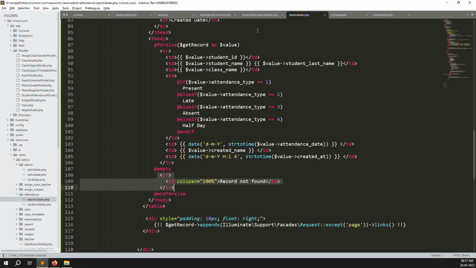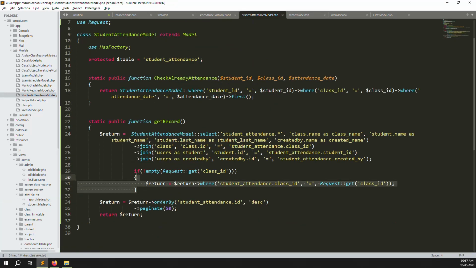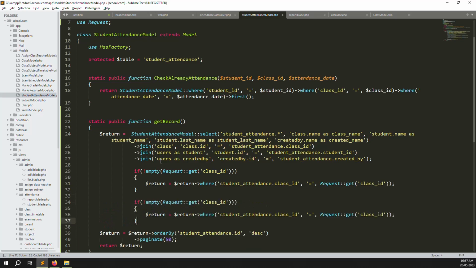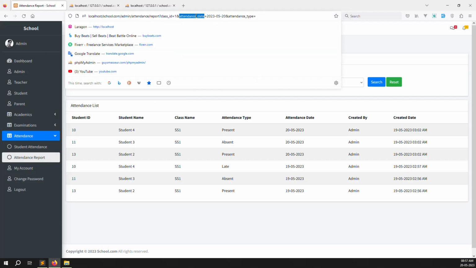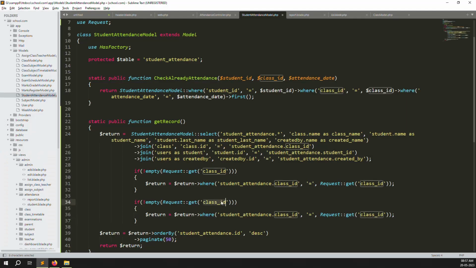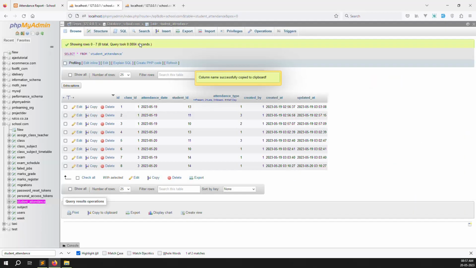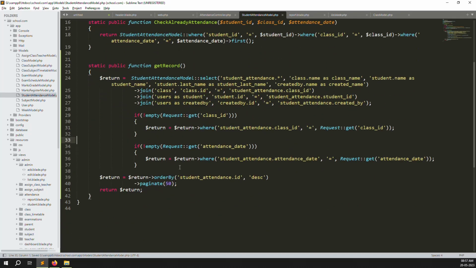So it's simple, just copy and paste work. You can copy and paste here, and you can change to attendance date. Here you can change attendance date, and here you can change attendance date, because student attendance inside already has the column attendance date. You can see it here. So working very well. So just save the file and go back and refresh the page, so you can see